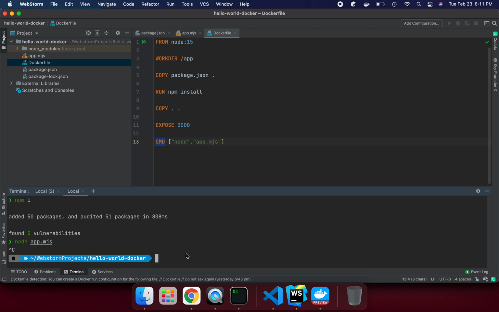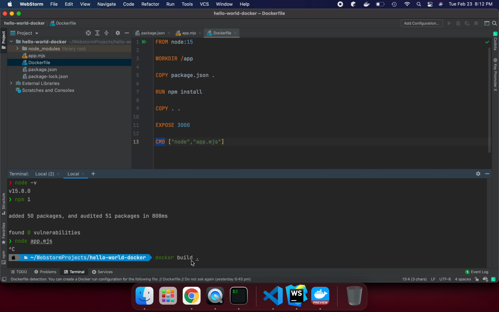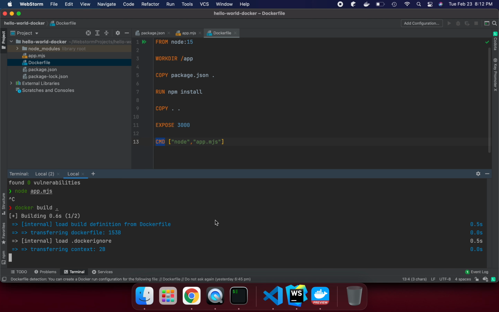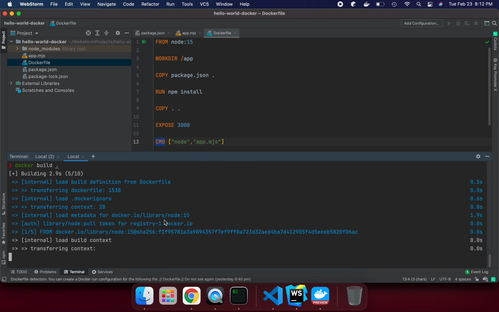So for this, first we need to create the Docker image. So docker build. What this means is I'm saying build the image for us as per the Dockerfile instructions. If you run this command docker build dot, dot means the current directory we are talking about here. So docker build goes to search under this root folder: do we have any Dockerfile? Yes, I have. So let's execute it one by one. If you see, we are running all the steps here one by one.